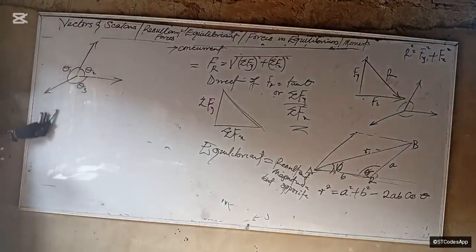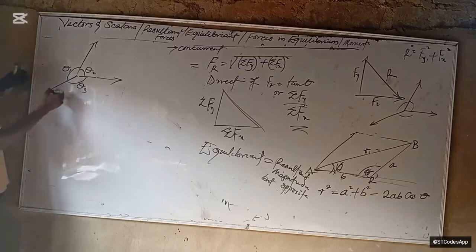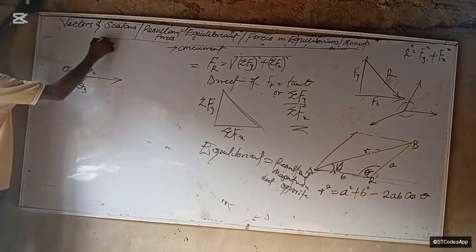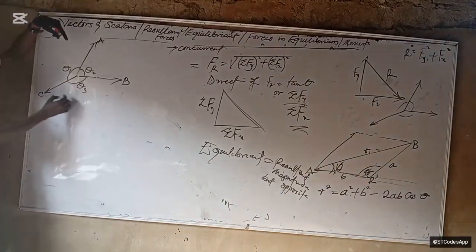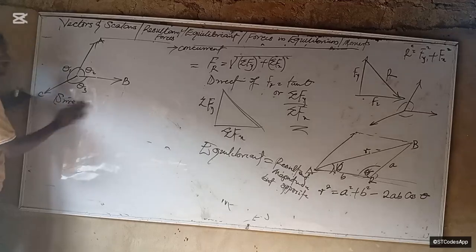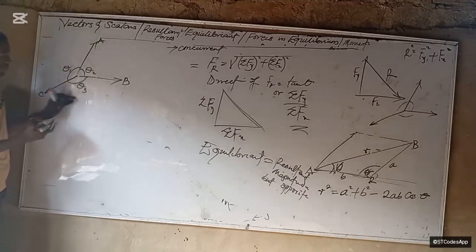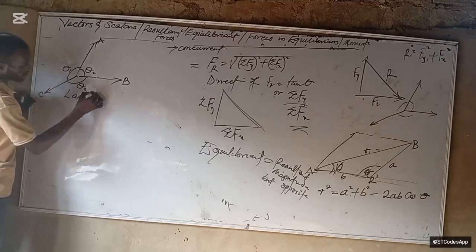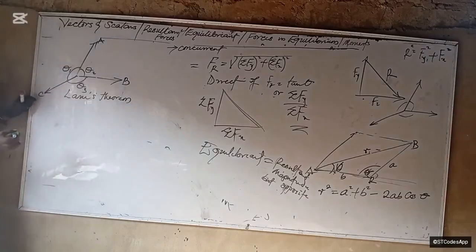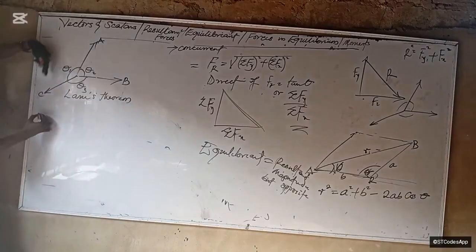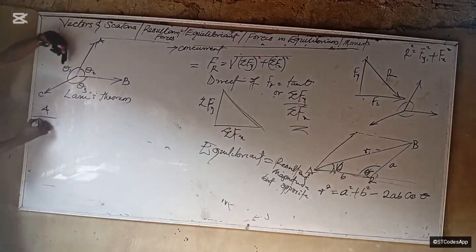Now when you have your system like this, simply come and say, let's say this place was A, this place was B, this place was C. We just use the sine rule. Lami's theorem is just a modification of the sine rule. Is that okay? So it will be A, this side A, over sine